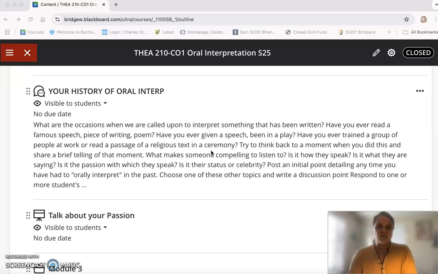There's a lot of settings in which we might interpret something. You might read a poem at a holiday thing. You might just get up and make a toast at a family gathering, okay? All of those are oral interpretation moments if you are interpreting material that's written. Otherwise, they might just be extraneous